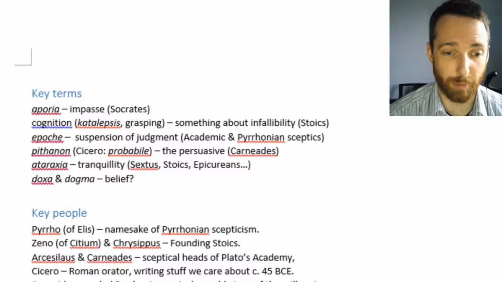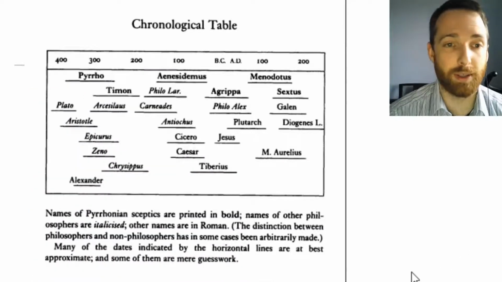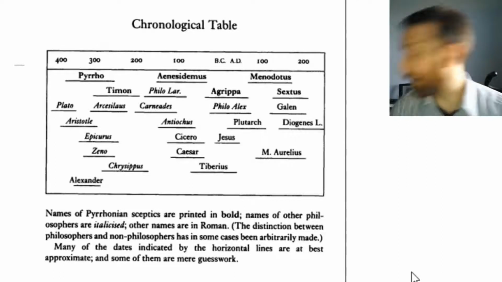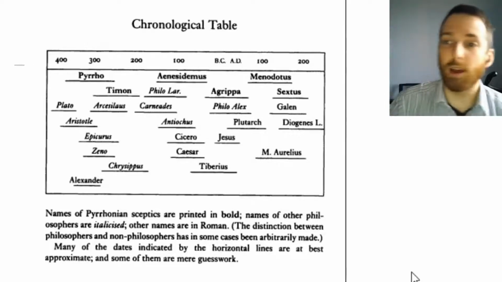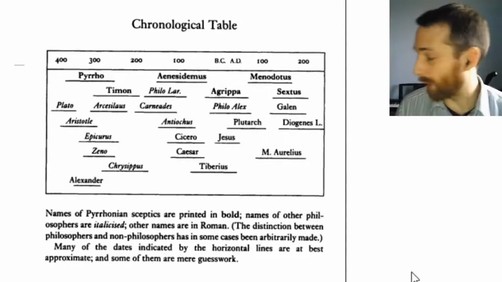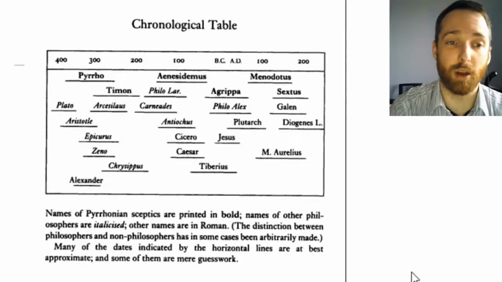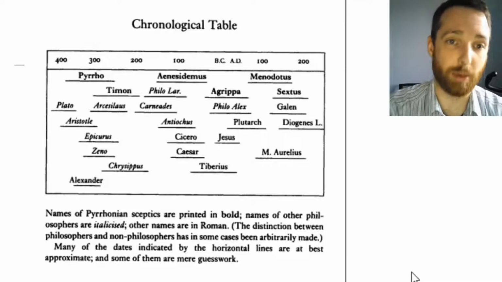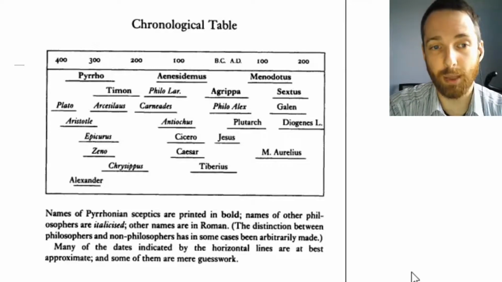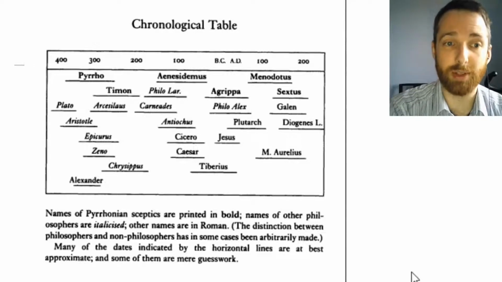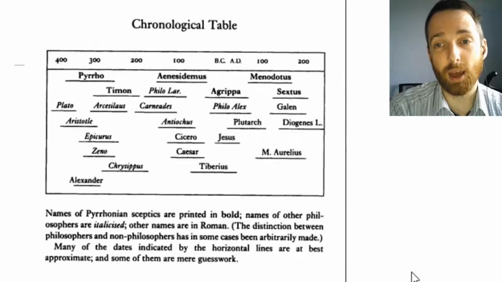Okay, I want to start with something that is not the handout though. This is a chronological table, as it says, that shows up at the beginning of the book that you need to buy at No Alibis. I believe these are in now, the Outlines of Skepticism. This is a translation of a primary source. This is a philosophical work actually written by Sextus Empiricus himself. The translators and editors have given us this table at the beginning, which I think is very handy for a couple of reasons. On the one hand, it's nice just to have a map where you can see